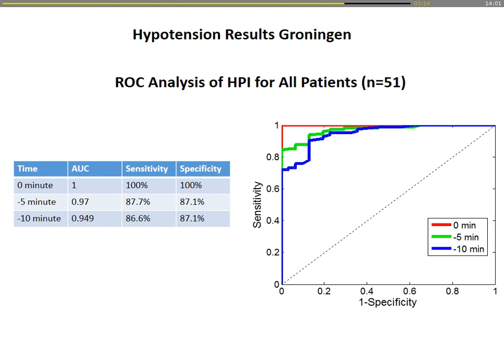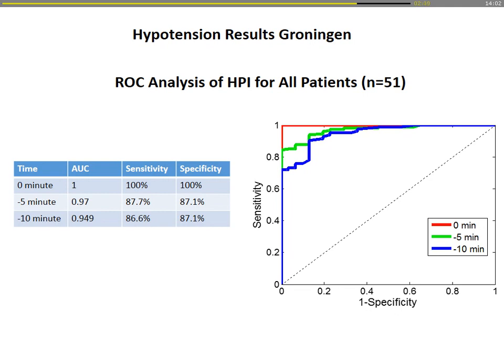How can this hypotension prediction indicator predict the occurrence of hypotension? Of course, if you look at 0 minutes, so at the moment that hypotension occurs, the prediction ability is excellent, with 100% sensitivity. But if you look 5 minutes before, it's still quite excellent. And the blue line is 10 minutes before. It's still quite good at predicting the hypotension 10 minutes before it actually occurs. So the blood pressure is still normal, but the indicator tells you that in 10 minutes you will have hypotension, with